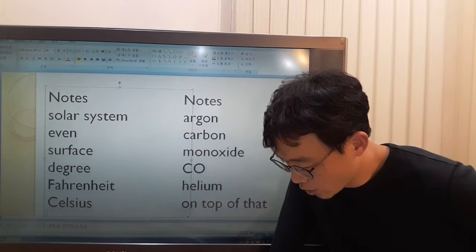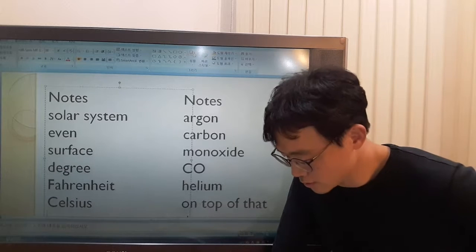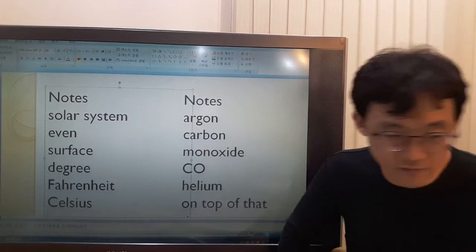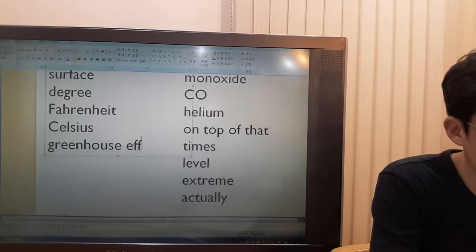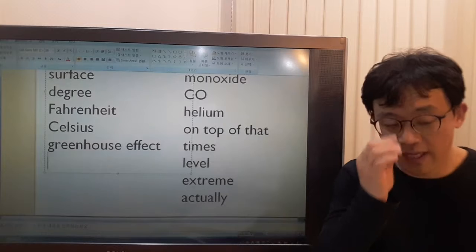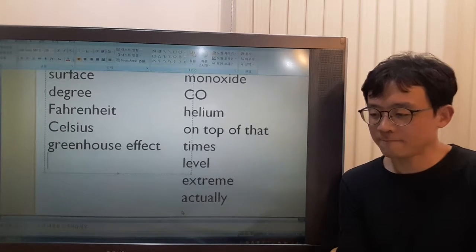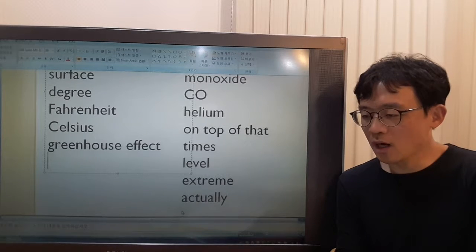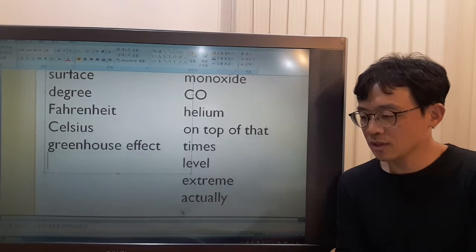Does anyone know why it's so hot? Could it be the effect of the greenhouse? No. Could it be because of the greenhouse effect? What is greenhouse effect? Greenhouse effect is caused by the increase of carbon dioxide and other gases, which traps the sun's heat, okay, and makes the temperature of the Earth's atmosphere